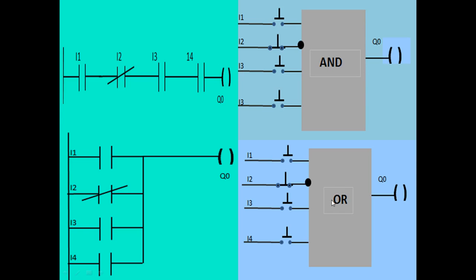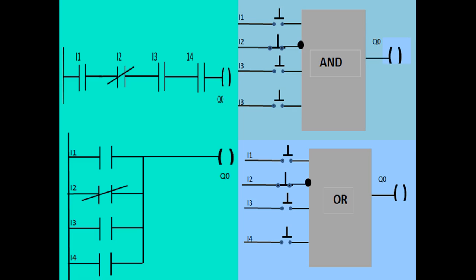If you see the OR gate, if any one of the switches is closed or activated, it gives output. If I close this switch, 1 is present at the terminal, so it gives output at Q0. In this position, 0 is at the terminal because the 1 is inverted. So if I open this, 0 is available here. The inverted of 0 is 1 at the terminal of the OR gate. So it gives output.